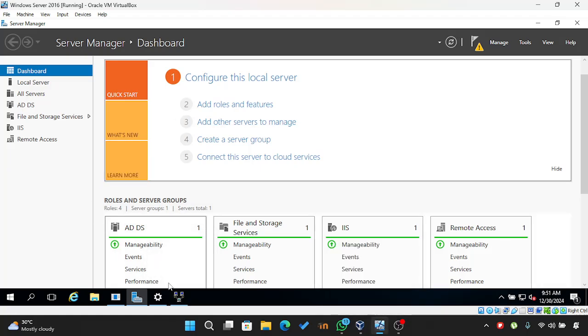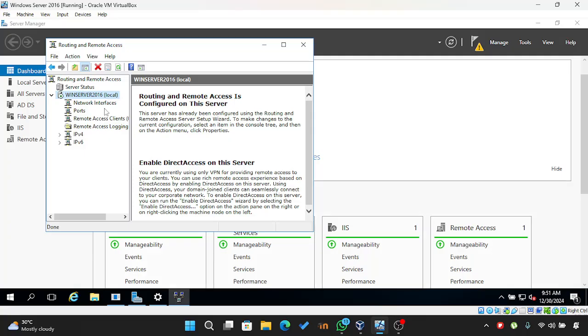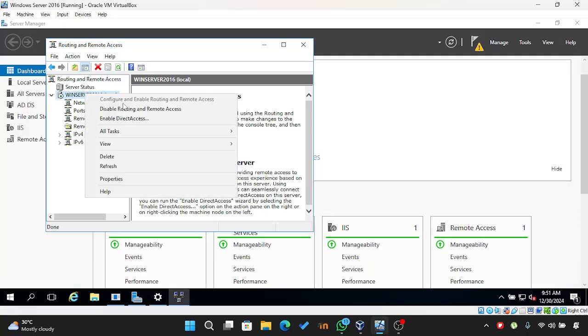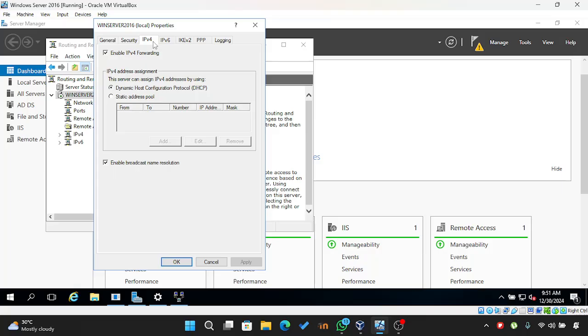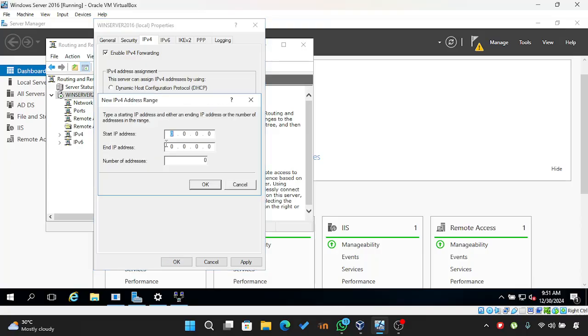So that server isn't running. So what I will do is manually set up a static address pool for which when a computer tries to access the VPN, they'll be given an IP address. I believe that's how it works. So I'm going to select a range,